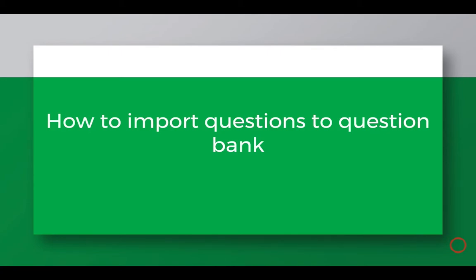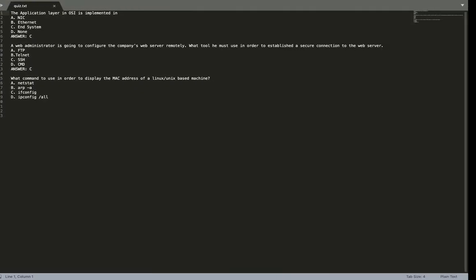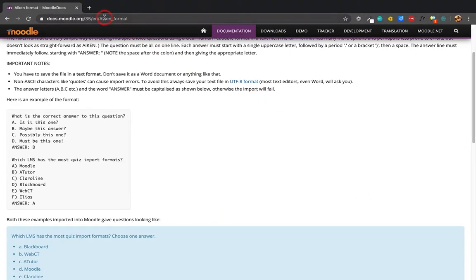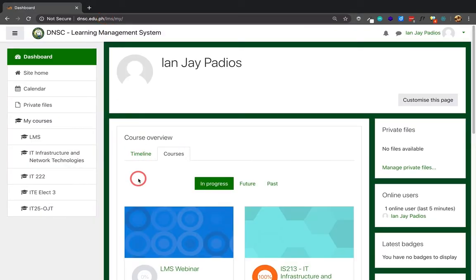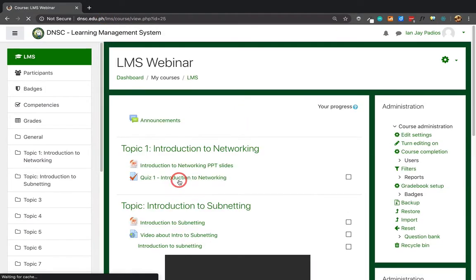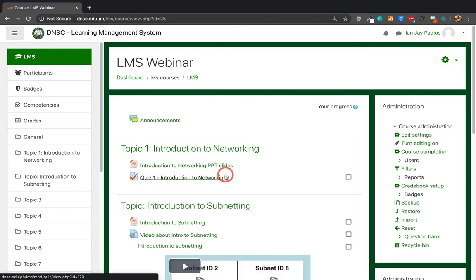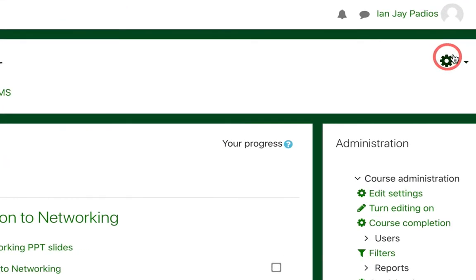Okay, so now let's try to import questions to our question bank. Let's go back to our LMS. In order to import questions to our question bank, you need to go to the course administration. To do that, you need to click this gear button,